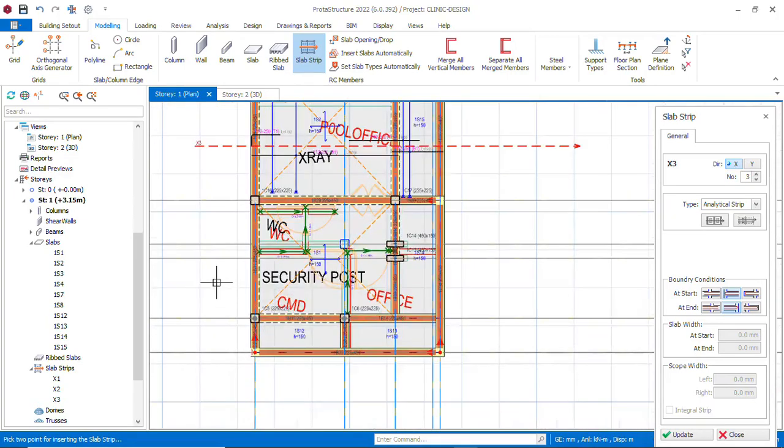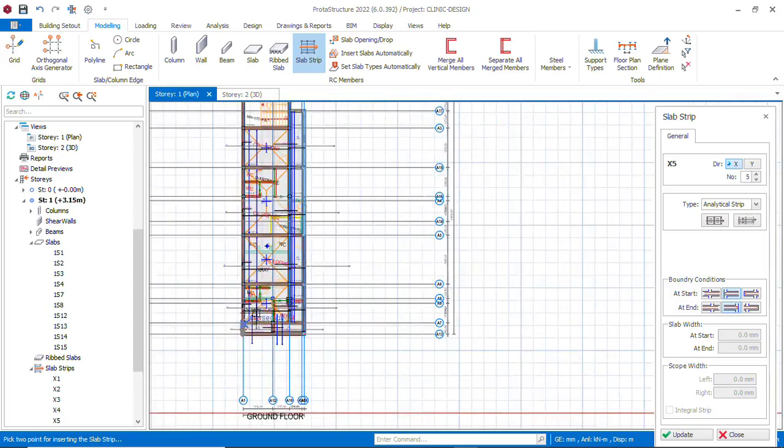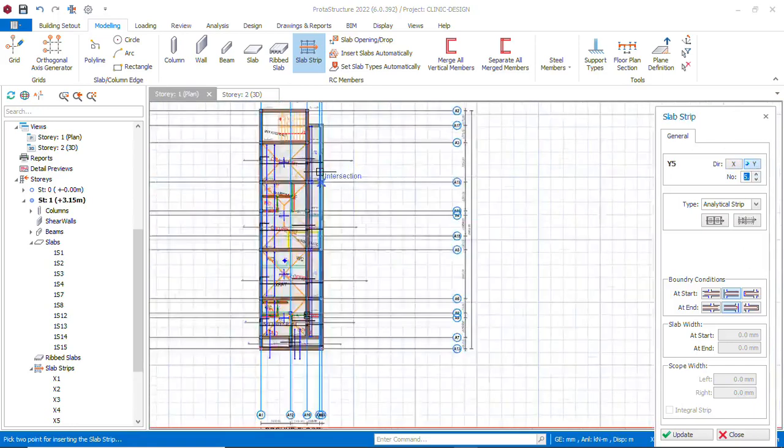Okay, and click here, hold control and drop here. Okay, and click here, hold control and drop here. Okay, so you can do vertically, change it to Y. Now you send